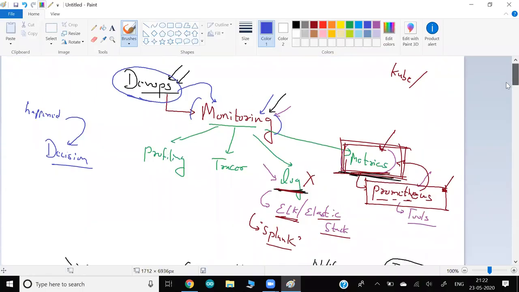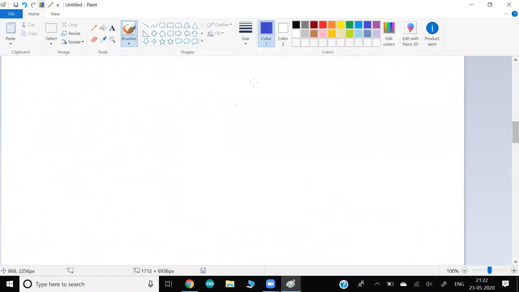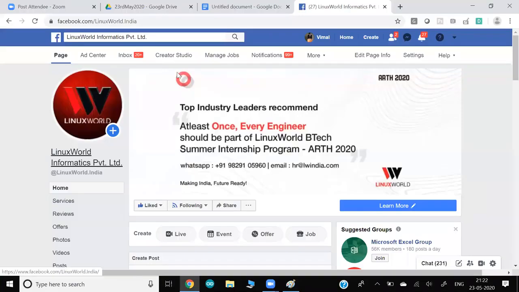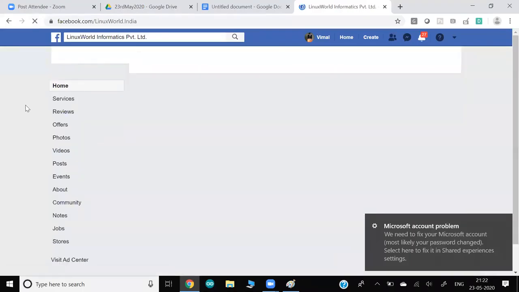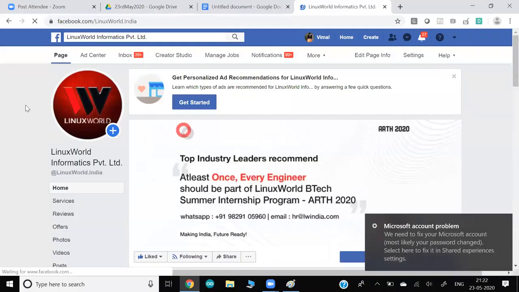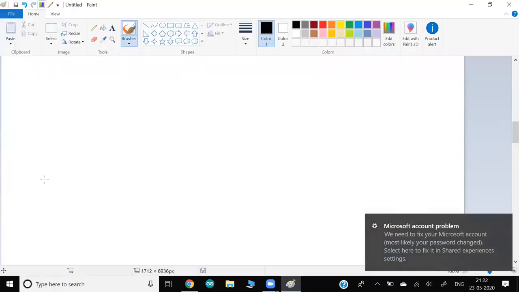Let me give a very fast example to give you a sense of what I'm talking about. Let's say a very high-level architecture. Say one website is running, like Facebook. For a client, it's so simple: we just refresh and we get the website. But the behind-the-scenes architecture of Facebook might be something like this. Right now we are sitting here, at the internet.